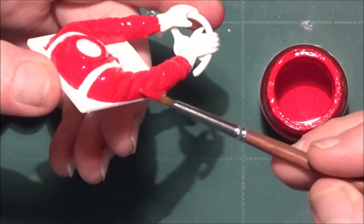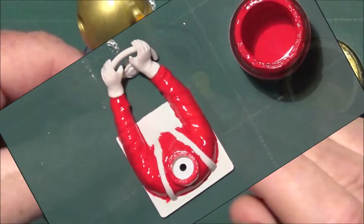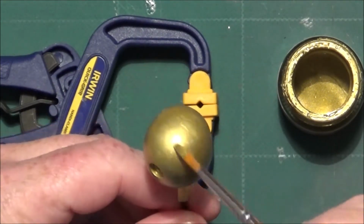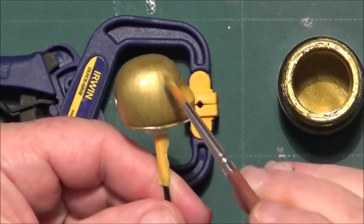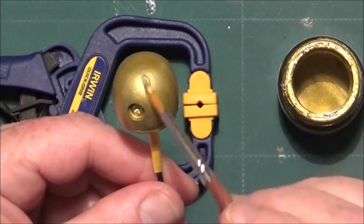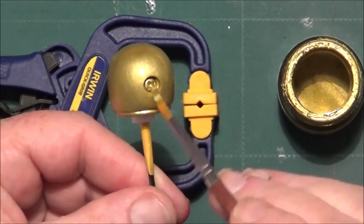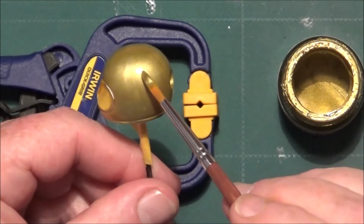I'll now set that aside and let it dry, and I'll move on to the second coat of the helmet. And as you can see here, I'm doing it gold, and in a second when I turn it round you'll see that I have actually masked the face part off so that I don't get any gold on the face of the driver,